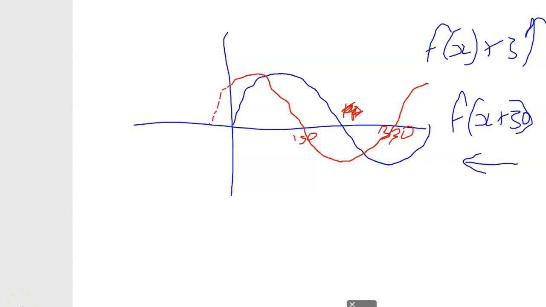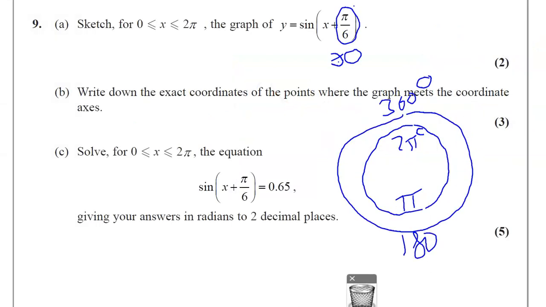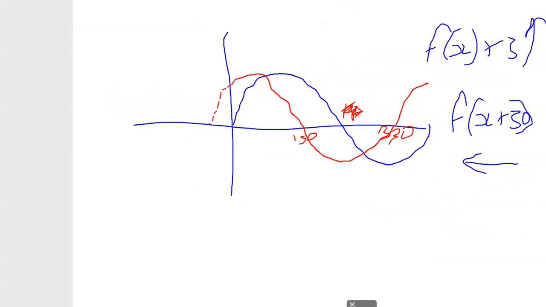So we're on our way to sorting out part B as well, because part B says write down the exact coordinates of the points where the graph meets the coordinate axes. Okay, well, we've got two of them. We've got that one at (0, ?), obviously, and we've got that one, and then we just need this one